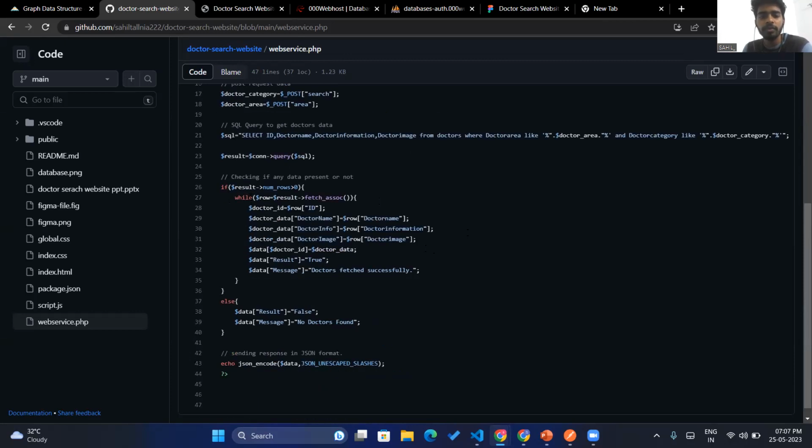And then if the result's row num is greater than 0, it means we have some data to show. So if we have data present, then we will show the data on the front end part. And if we don't have any data, then we can show that the result is equal to false, meaning no data found. So now I want to show you the